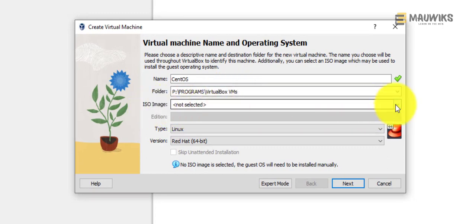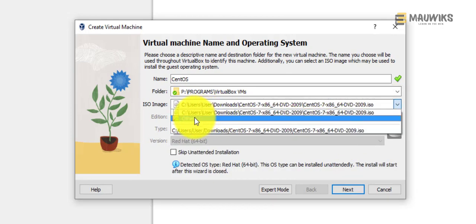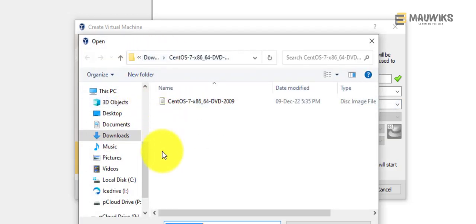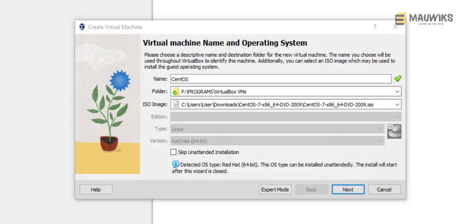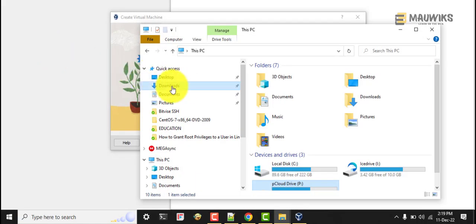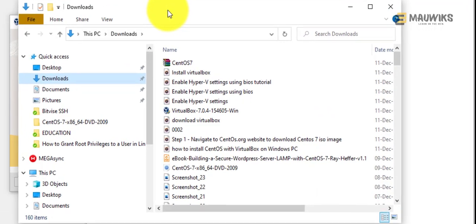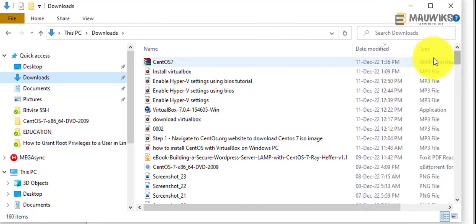And for the image here, the ISO image, this is the one that we have downloaded. So if it doesn't show here, you can select here to locate where you have downloaded your ISO file. So just in case you don't see anything here, go to your folder. So maybe select PC and this one and navigate where you have downloaded the CentOS OS project. So it might show here, or you can just go to your downloads wherever you've downloaded it and select this tab here, the date modified. So it will show you the latest downloaded file,